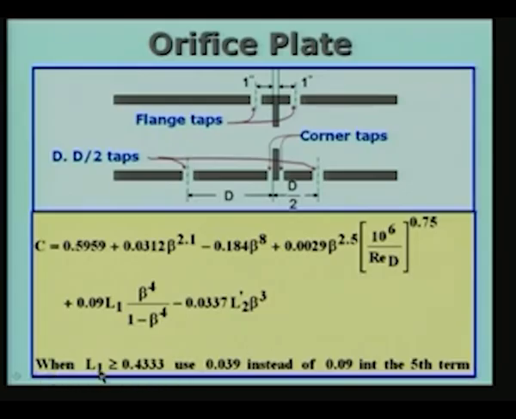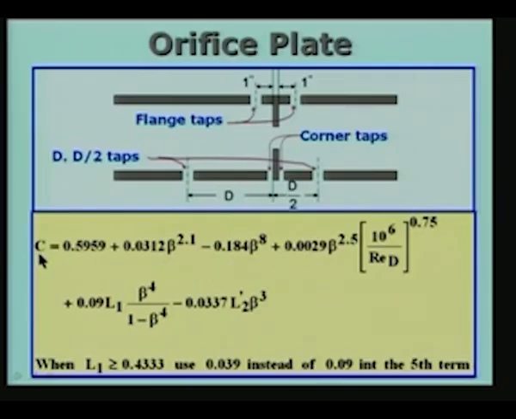For example, L1 is equal to 0.4333. L1 is nothing but the ratio of this distance to the diameter of the pipe. It is a non-dimensional parameter. L1 for example could be 0.433, if it is greater than 0.4333, you have to use in this term, instead of 0.09, you use 0.039 in this term, and beta is d by D, and this will give you a